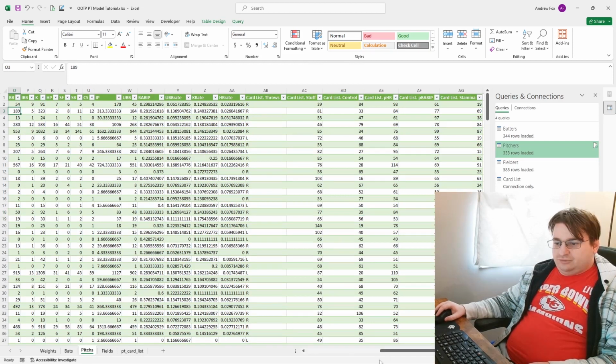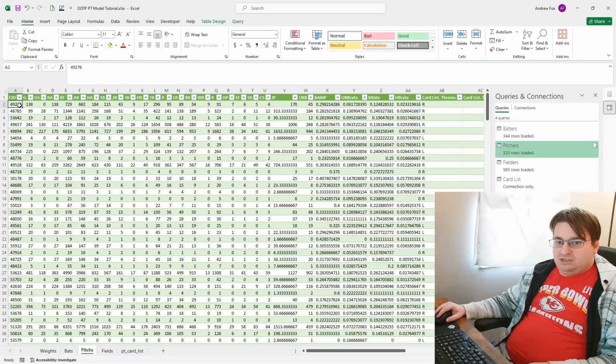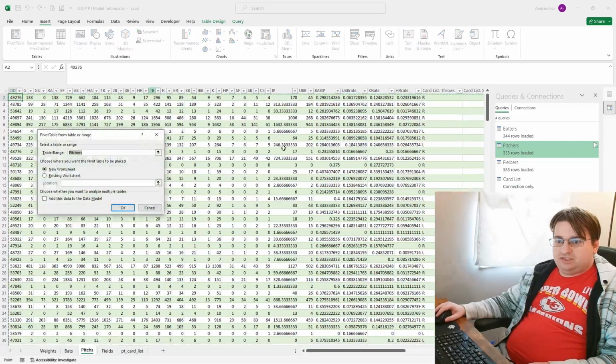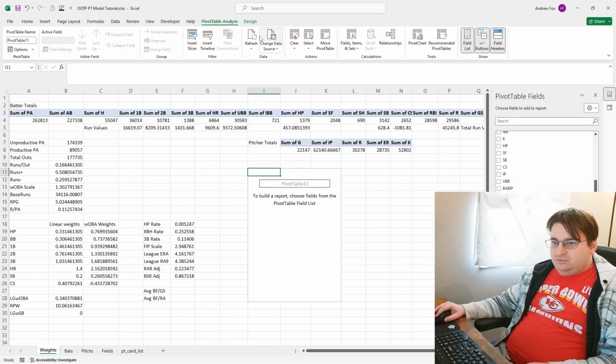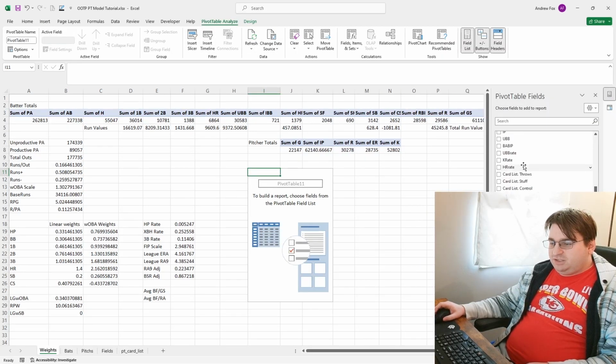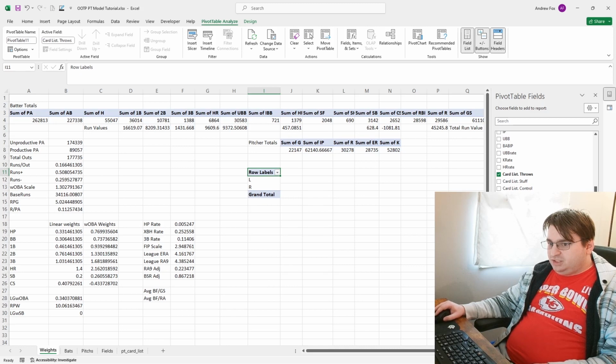We are going to add a pivot table here. So insert pivot table. Again, we're going to choose worksheet. Go over to weights, and I'm just going to add it right here. And I'm going to refresh, because since it's the same source as this pivot table up here, you need to refresh to get the new data in here. So we want card list throws here. Those are categories, that in the rows. And then we have